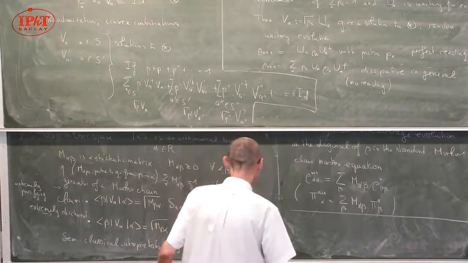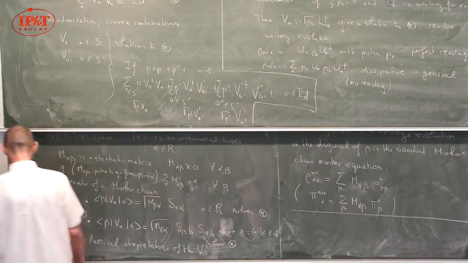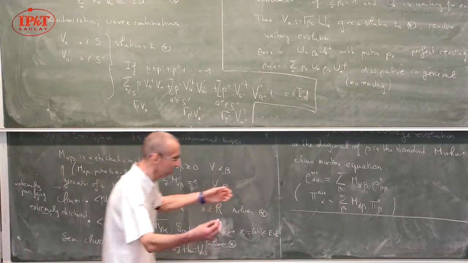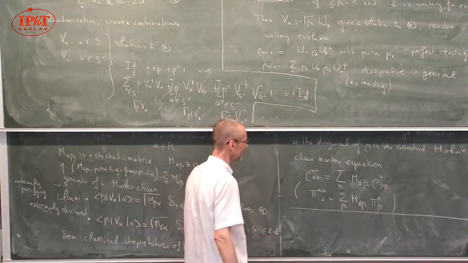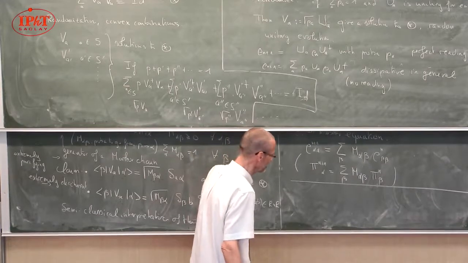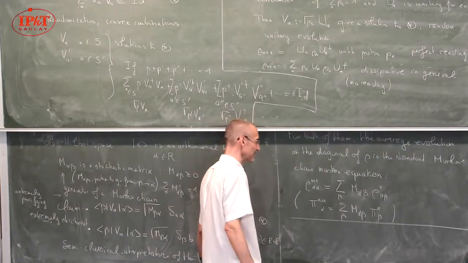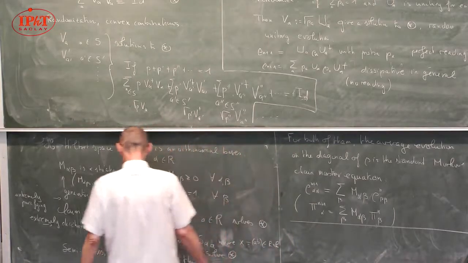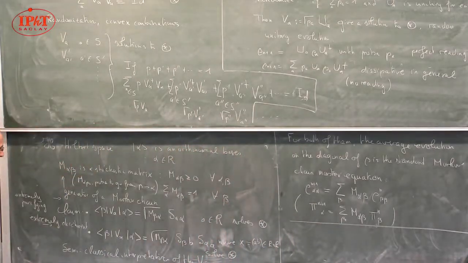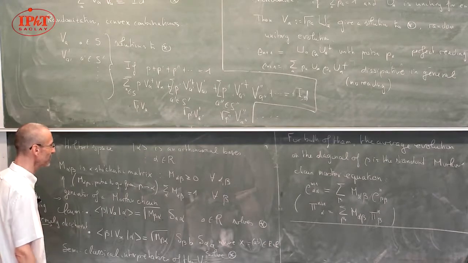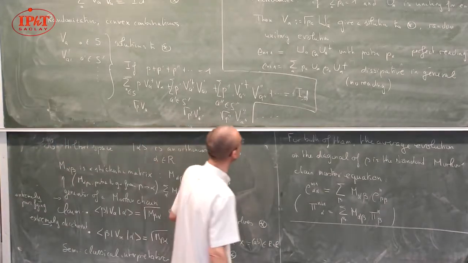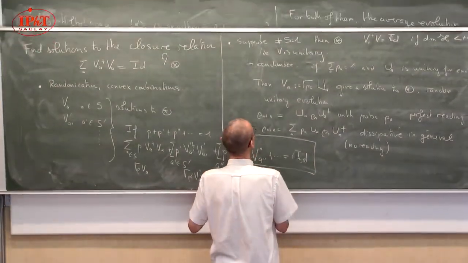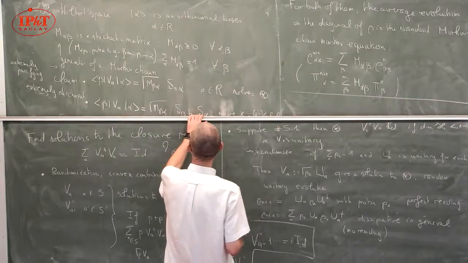So there is really some physics to put in the operators V, and the physics cannot be avoided. You really have to think about your system and try to model it in a physically relevant way. Somehow there are few mathematical constraints in this game, and then you have to think about physics to do something reasonable. Okay, so these are families of general solutions.